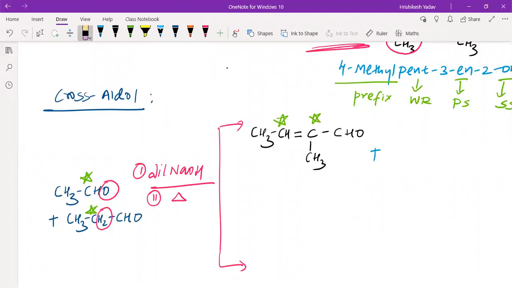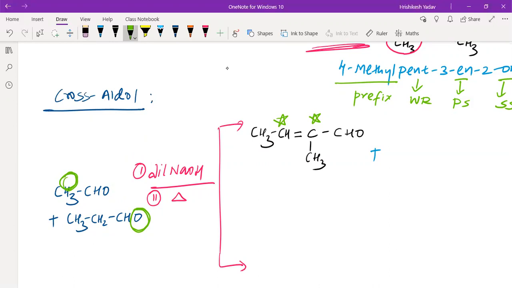Similarly, what you have to do is, initially what we did, oxygen of one and alpha hydrogen of other. Now this time oxygen of this and alpha hydrogen of the very first one, now we'll consider and we'll try to write. See what I just said here is, you have to take care of this oxygen now, and alpha hydrogen means H2 will come out, H2. So let's see what will be the product.